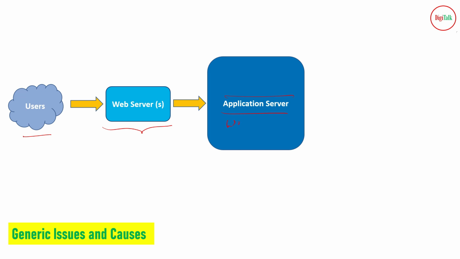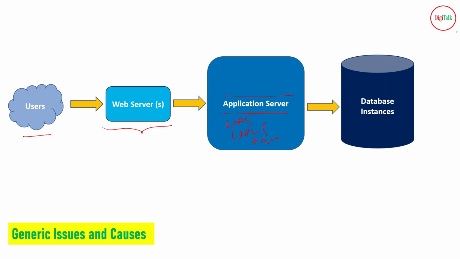This could be your WebSphere, your WebLogic server, or your JBoss. It could be any enterprise application server. Now whenever the application needs data, your application server will reach your database instance. This is a very basic architecture you will see almost everywhere. Now, depending on the complexity of the environment,